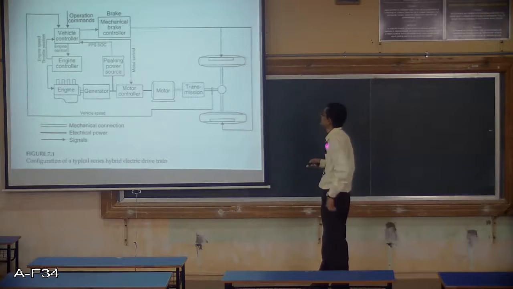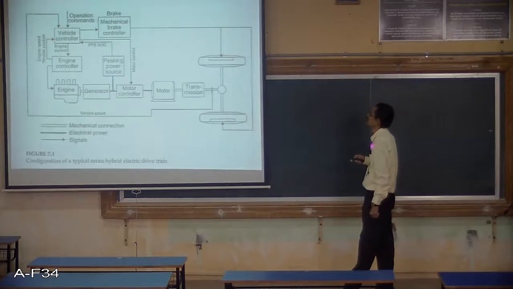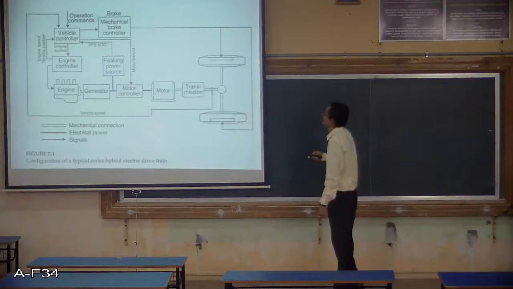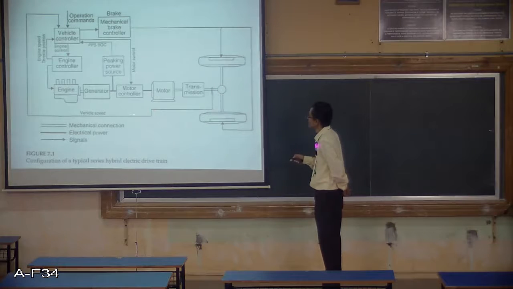So in all, you can just see this vehicle controller is the main brain of the vehicle, wherein it will control everything from this vehicle controller. And you can see this vehicle controller takes the feedback from this drivetrain, transmission and the front wheels. Here you can see this is the feedback, vehicle speed. It will collect the feedback from the vehicle speed and give it to the vehicle controller.